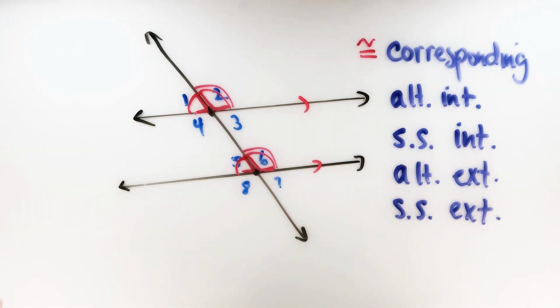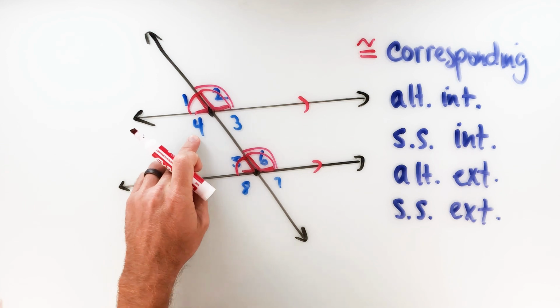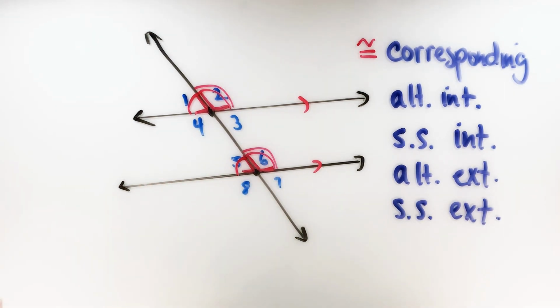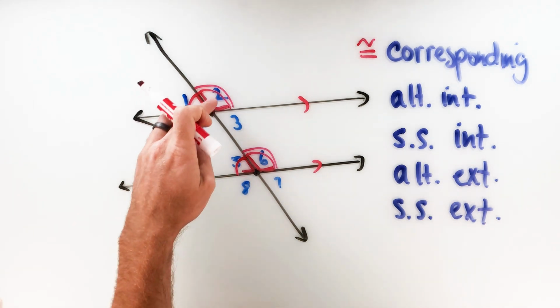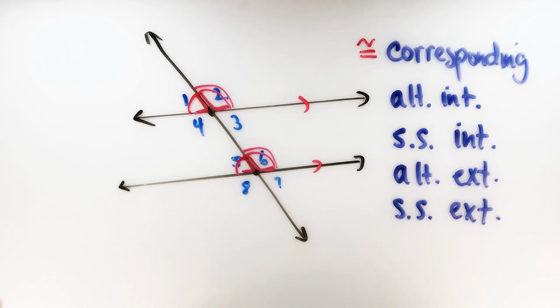Okay, so if I look at a pair of alternate interior angles here, I can look at angles 4 and 6. Those two are alternate interior. Now, because I already know that angle 2 and angle 6 were congruent, those were corresponding angles,